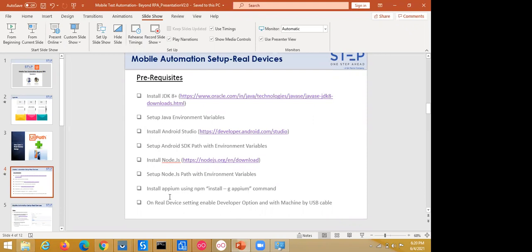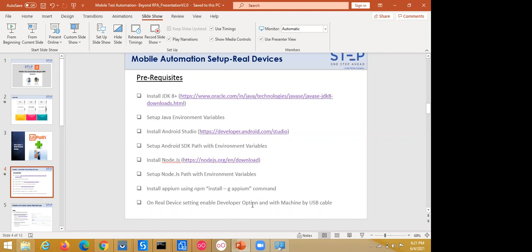UiPath. So here, first of all, we need to go to the real device's settings section. In the settings section there is a build number. Just tap on this build number 7 times, then a new developer options section is enabled in your real mobile device. Once developer options is enabled, go into the developer options section and enable it. There is one button, just press this button, so developer options is automatically started.